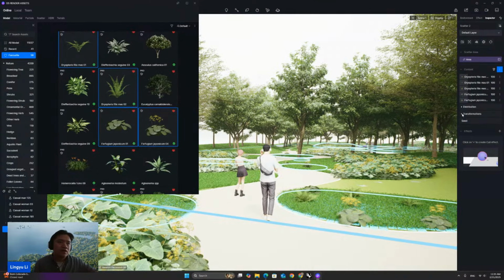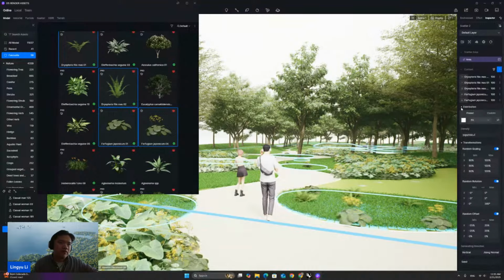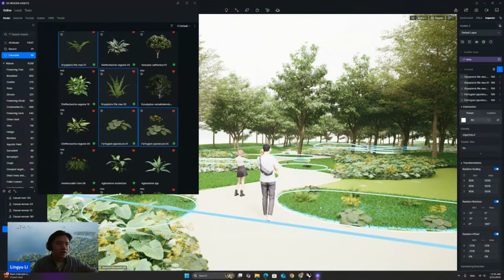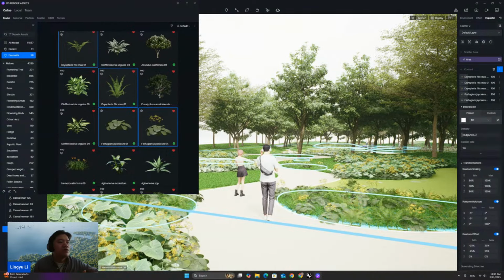And the next one is how to modify your scatter. So I think this quality is really bad, right? So how to modify this: the first thing I'm gonna do is change the planting density. If I change it higher to make it denser, and also